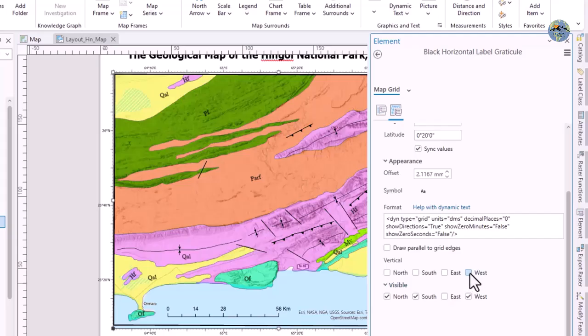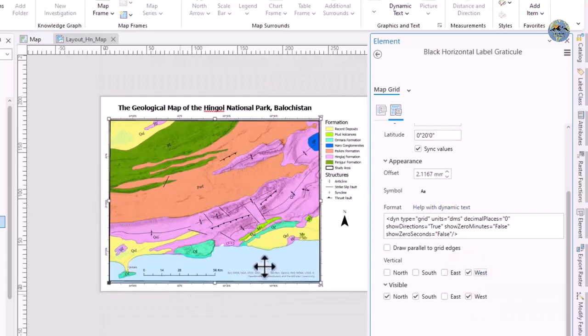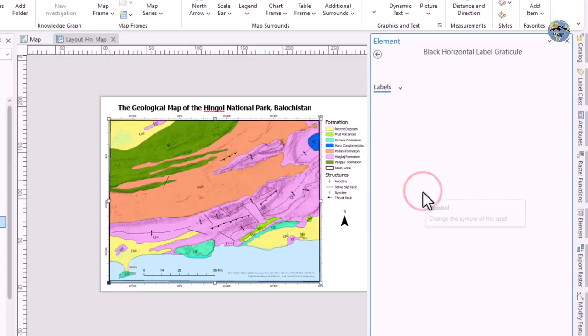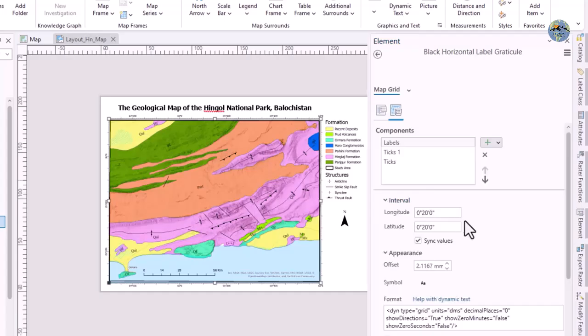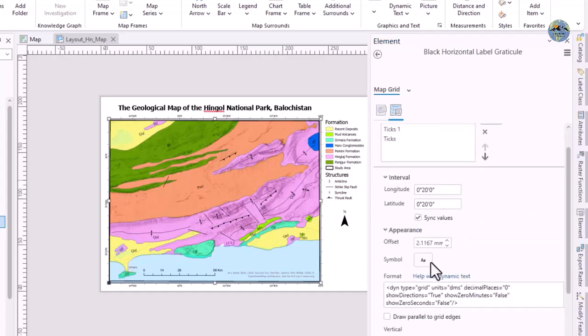So make it vertical. You can make it vertical from here. On the western side, I will check the western side vertical, so it will make it like this, vertical. Okay, all right. And to change the size of these labels, you can select symbol and click on this A